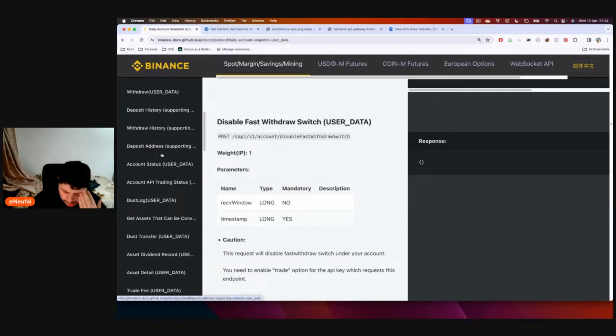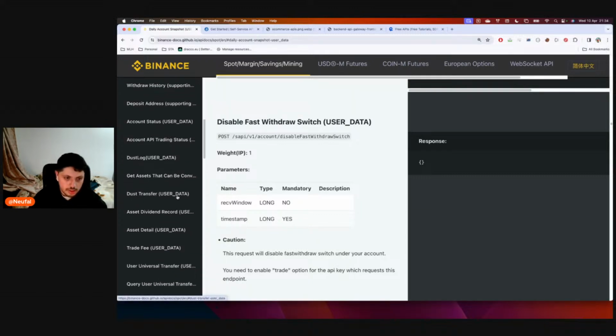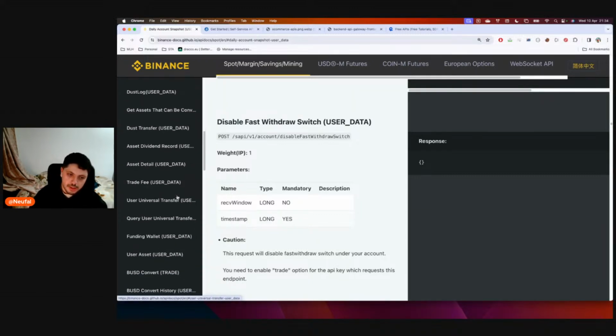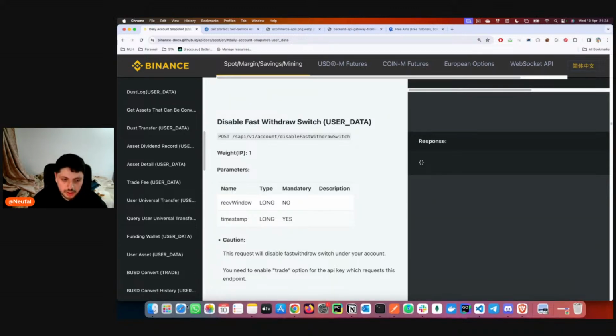So yeah, I've used this API for a trading bot. I have a trading bot made in Golang, and it's kind of easy to use. If someone is interested in that repo and reading the code, send me a message or something, and I will send it, because I think I have it private on GitHub, so you can learn something.